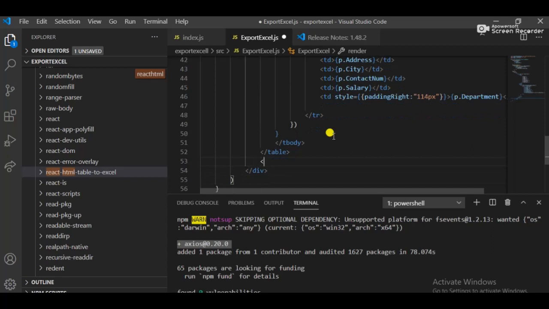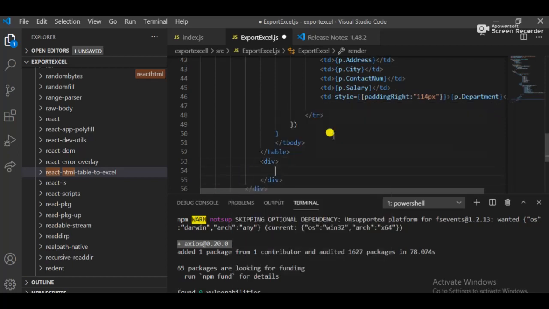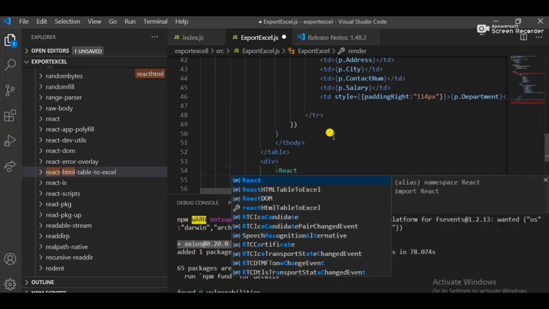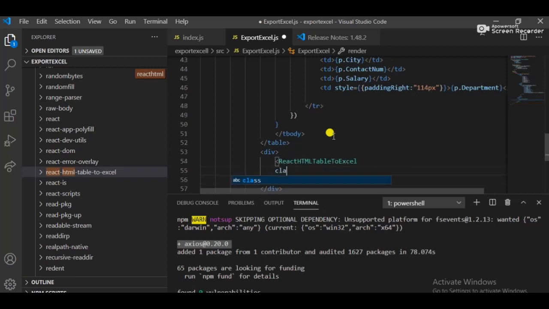and add a new table attribute called emp, because my table name is employee, and the file name is report export, and the Excel sheet name equals to sheet. Okay, and the button text should be equal to the text of the button: Export your file, like export an Excel file, export Excel.